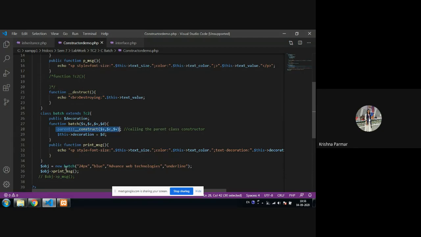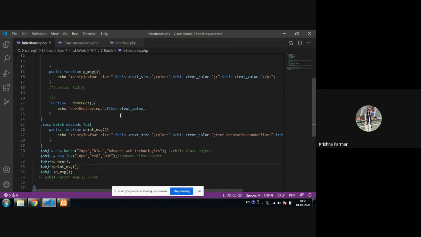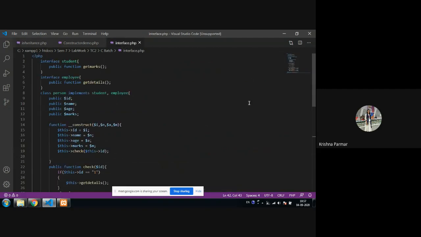And then we go for the inheritance part, where we already studied that whatever the derived class object is there, it can access everything, but the parent class object can only access the parent class methods and properties. They cannot access the child class methods and properties. So that part you have to remember. And in interface, why are we creating an interface? To support multiple inheritance, and it is called a fully abstract class. So there is no implementation of methods. Remember these things, no implementation of methods is there.